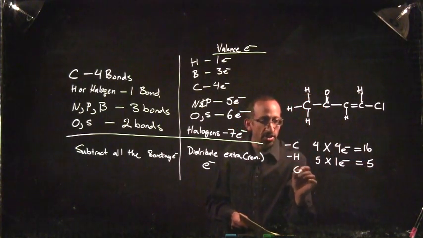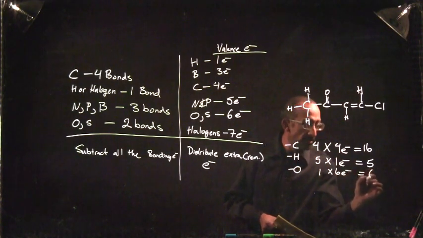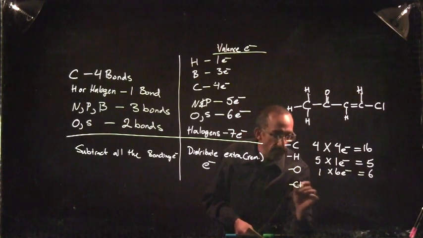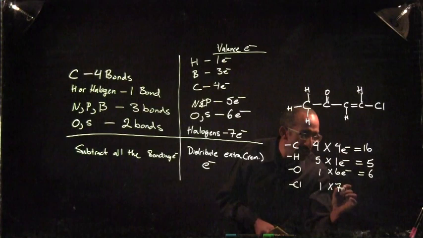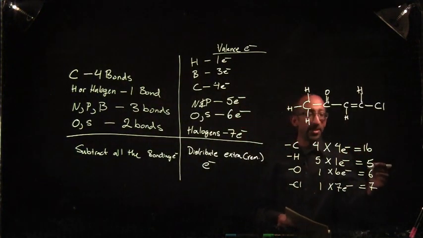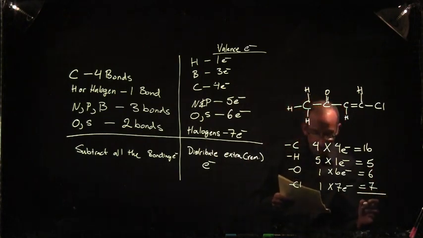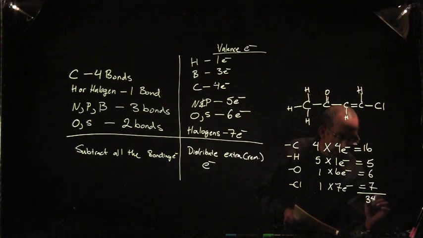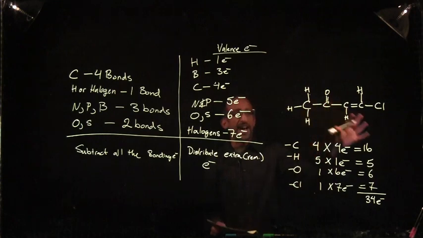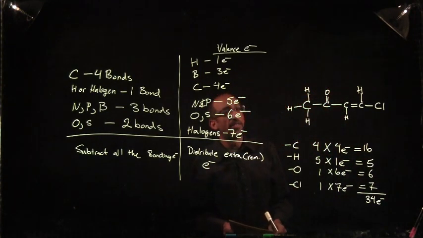We have 1 oxygen, which contributes 6 valence electrons. And we have 1 chlorine, which contributes 7 valence electrons. So 16 plus 5 plus 6 plus 7, if I add those all together, I have a total of 34 valence electrons. Step 1. So I have now counted up all the valence electrons contributed by all of the atoms in this